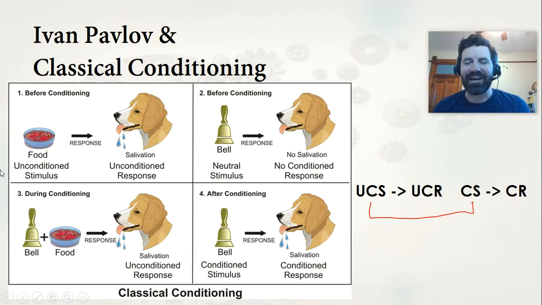So, our UCS is our unconditioned stimulus, and you want to recognize that we pair that together with our conditioned stimulus. Those two things, when they're paired together, is how we get classical conditioning. Then, over time, in box four, after conditioning has happened, we can remove food, just ring a bell, and the dog is going to start to salivate. In other words, the dog has learned to salivate to the bell. And they've learned to do that because they are anticipating food. They believe that food is going to happen.